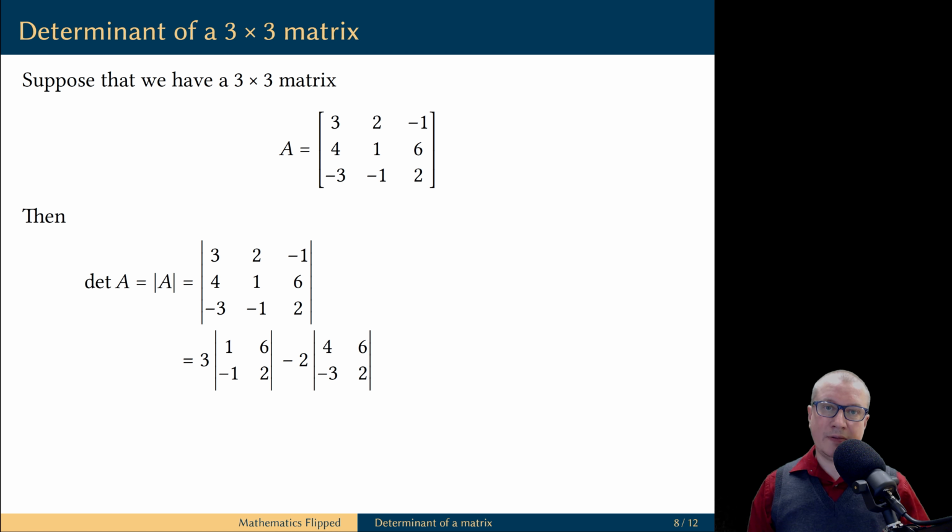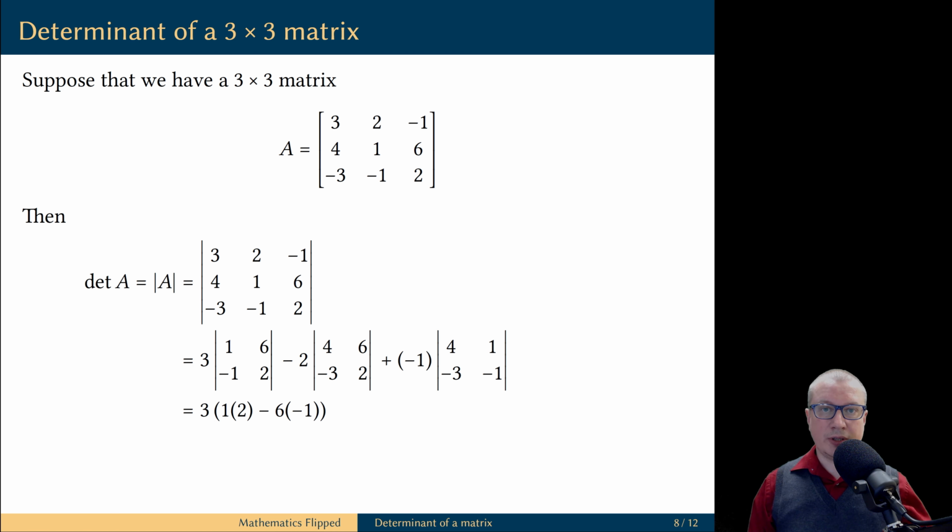Next, we look at the third entry in row 1, this is -1, and we construct the corresponding submatrix. We multiply the entry by the determinant of the corresponding submatrix, and now the third term gets added to the alternating sum. As you see, this is the essence of this recursive formula. To compute the determinant of a 3 by 3 matrix, we reduced this problem to 3 determinants of 2 by 2 matrices. But we already know how to compute the determinant of any 2 by 2 matrix.